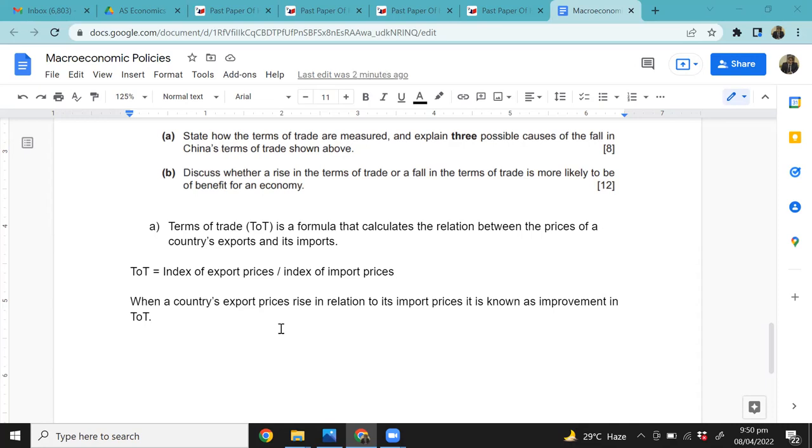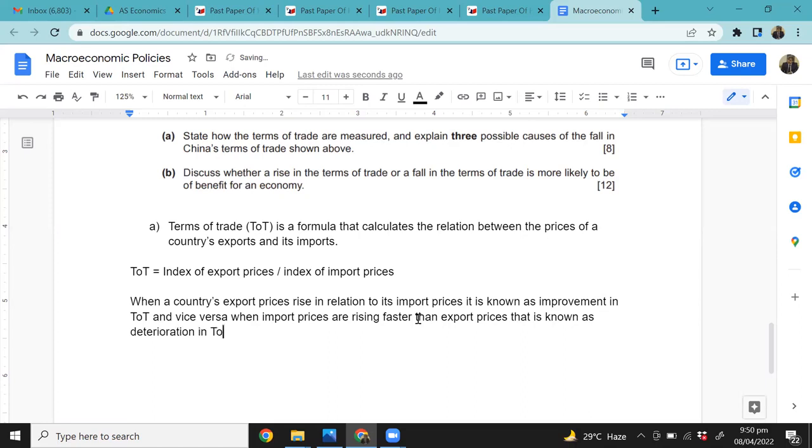Okay, now what we are doing next is we are explaining what improvement and deterioration is, right? Zwan, I'll answer your question. Just give me a second. When a country's export prices rise in relation to its import prices, it's known as improvement in terms of trade, and vice versa. When import prices are rising faster than export prices, that is known as deterioration in